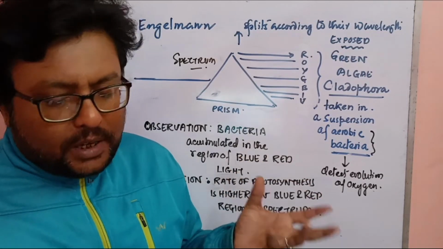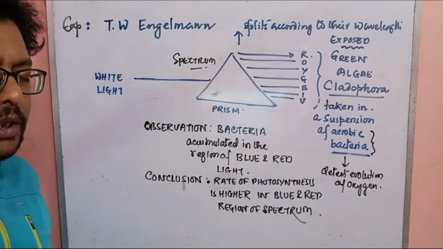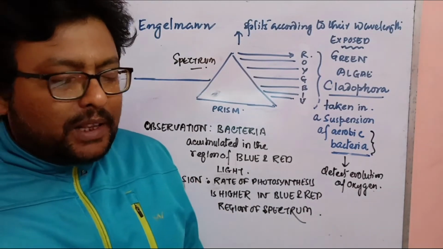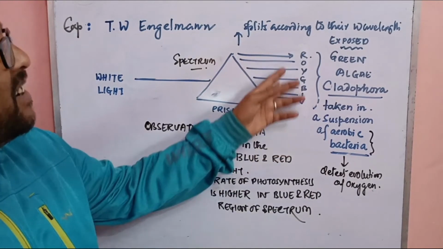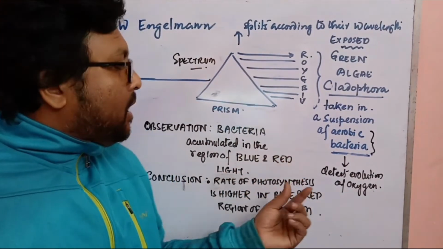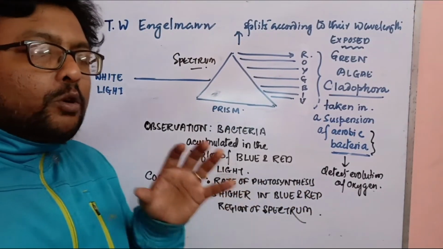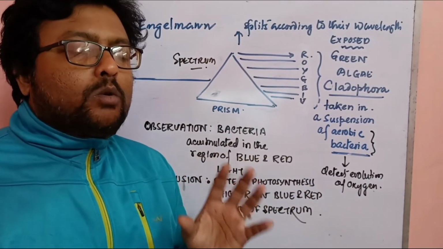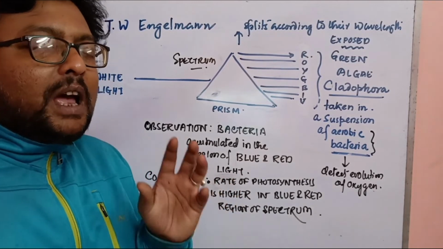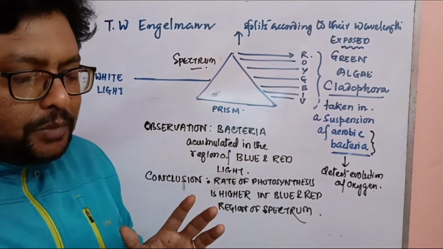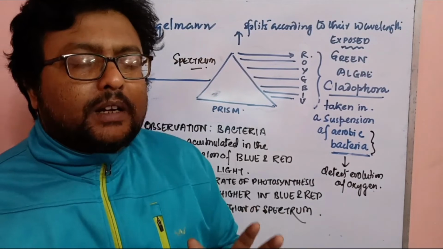Okay, Joseph Priestley's experiment থেকেও এটা বুঝেছি। এঙ্গেলম্যানের এক্সপেরিমেন্ট থেকে বুঝতে পারছি যে স্পেকট্রামের কোন রিজিয়নে রেট অফ ফটোসিনথেসিস সবথেকে হাই হয়।